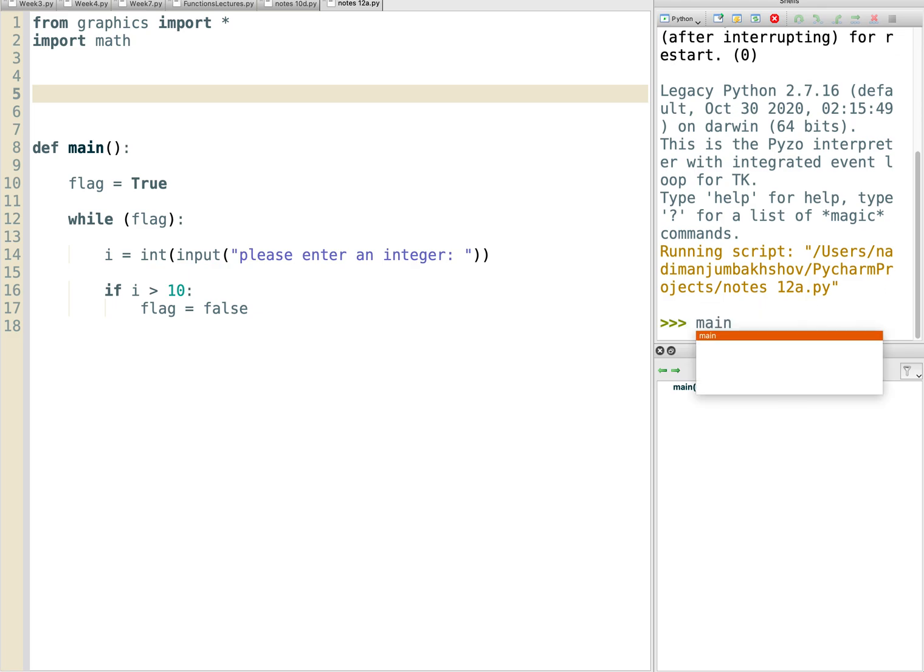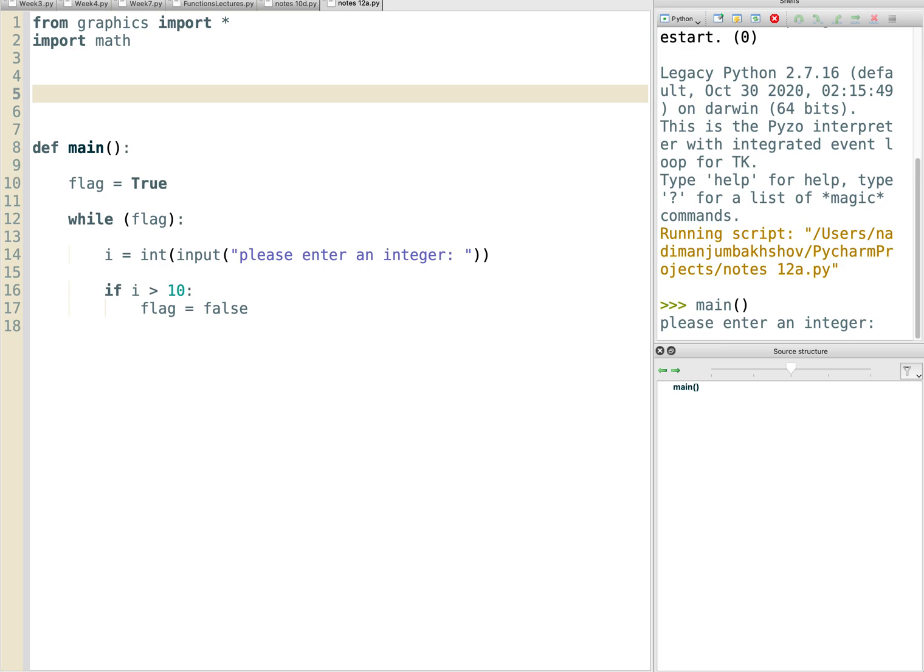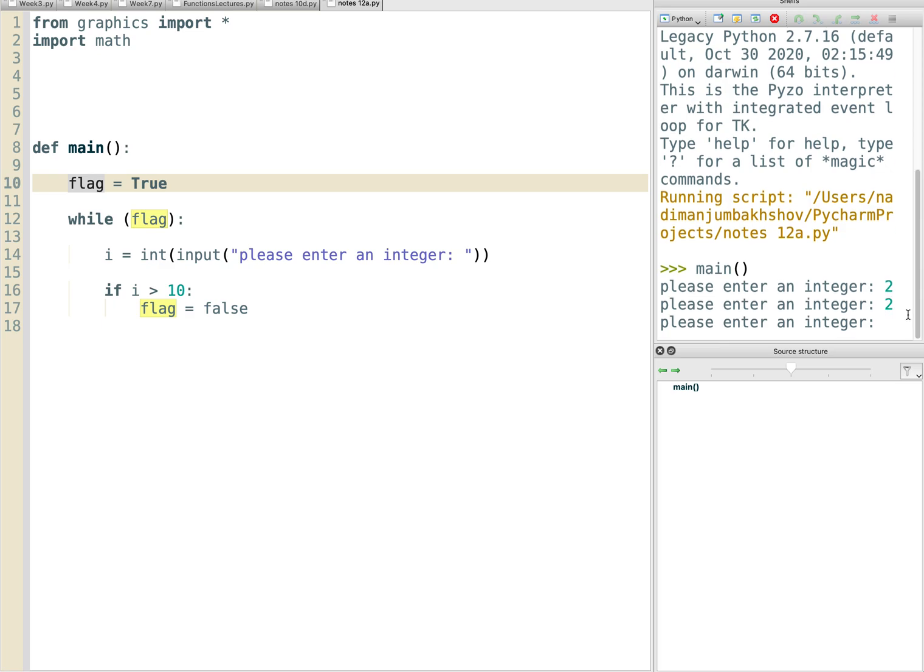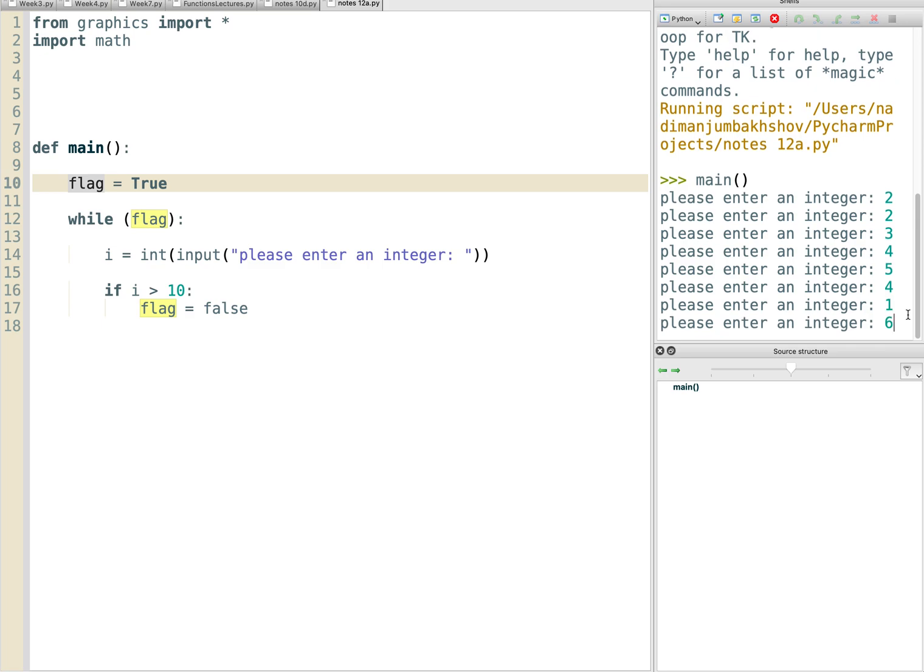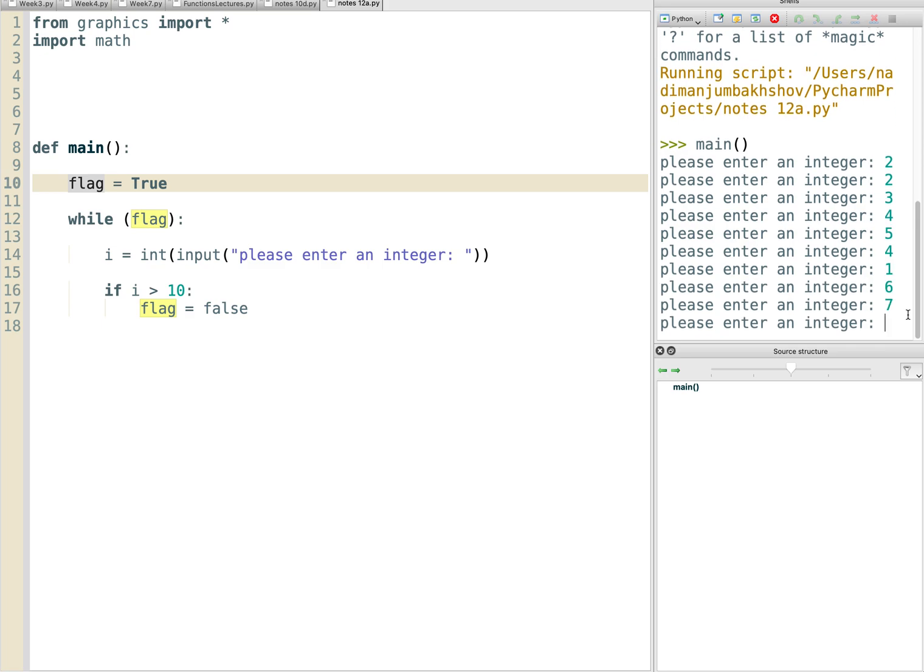Let's run main. So what we expect is it asks me a question. Now, where is this question being asked? Inside the loop. So we've already entered the loop because we set that flag to true. So let's enter a simple number. Let's say 2. Please enter a number, 2. So if I keep on entering numbers and they all remain below